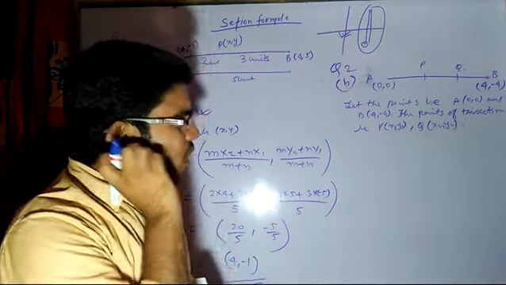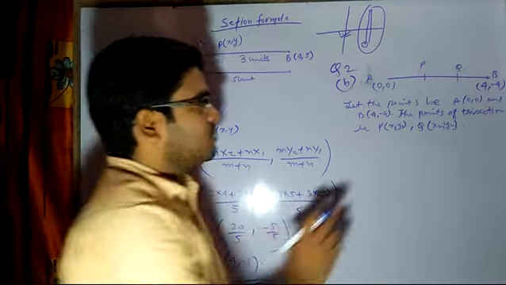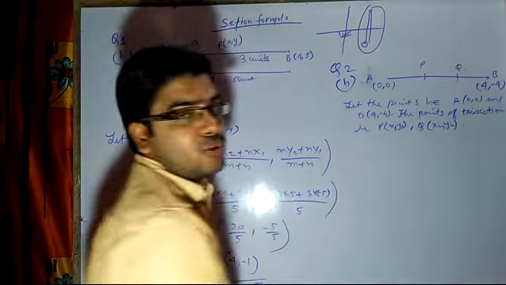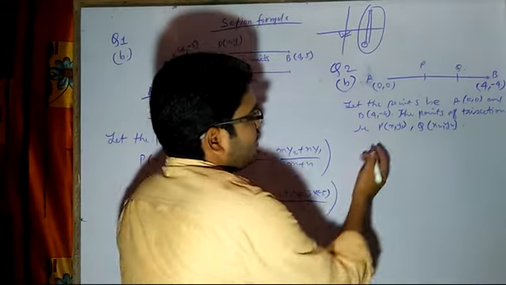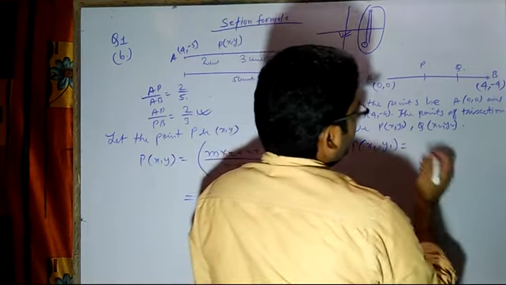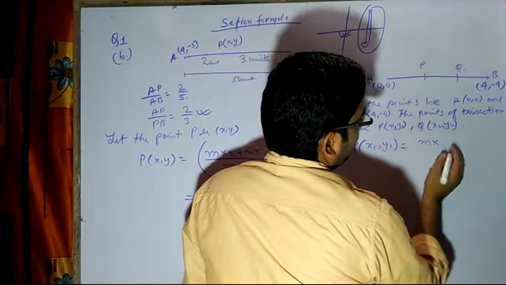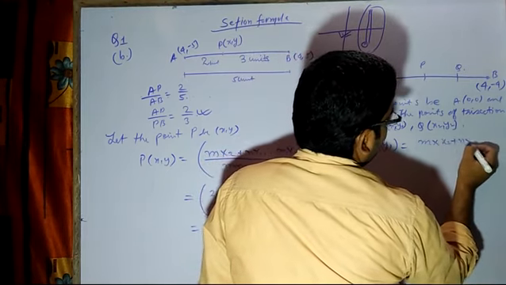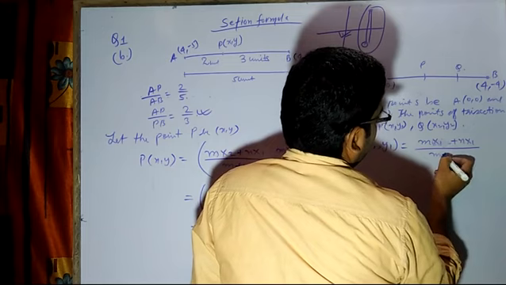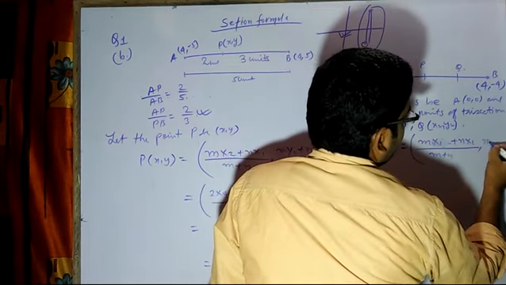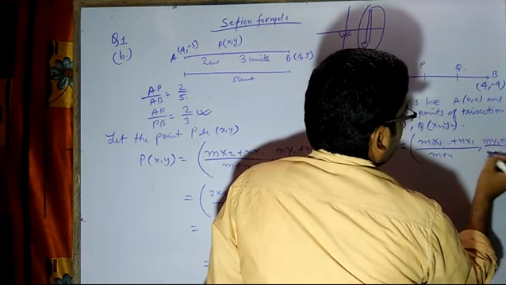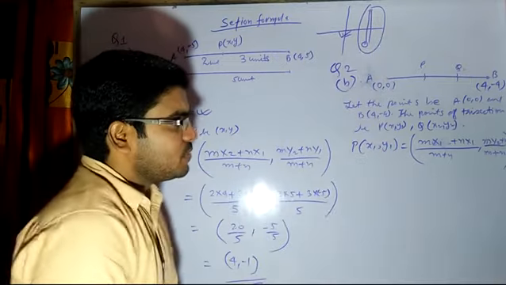Like this I can assume, or else I can simply write P and Q also, but it is better we can write x1 y1 and P Q, because these two values will be different, so why not assign them new variables? Understood? Now I can write P(x1, y1) will be equal to (m x2 plus n x1) by (m plus n), comma, (m y2 plus n y1) upon (m plus n). Correct. So this is the formula. This is what we have to write.